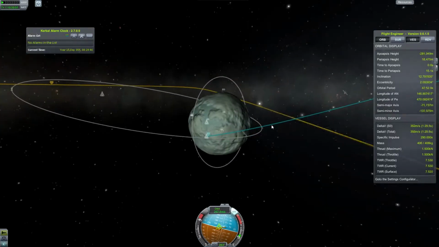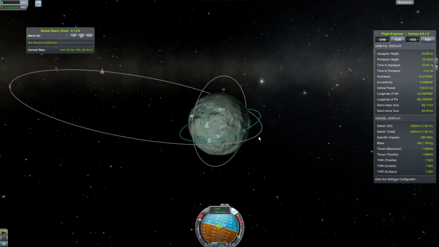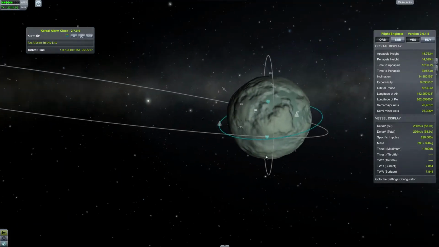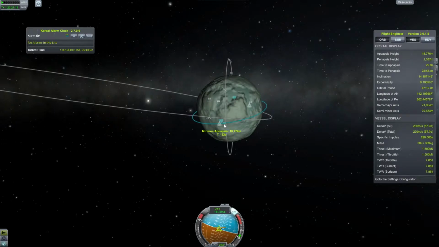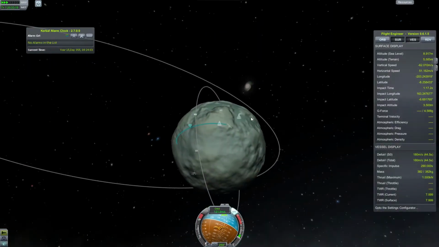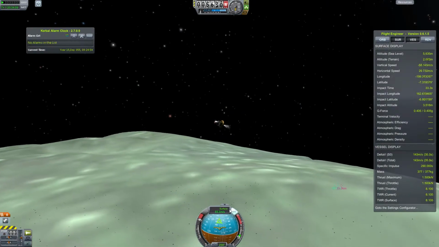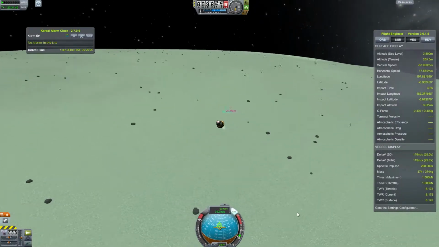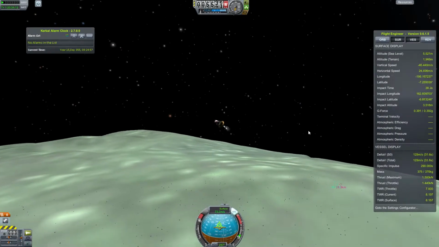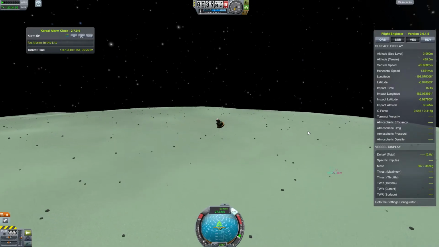Again, circularization and landing. Here is our orbit. And we're going to land approximately here. So we're going to lower our apoapsis and go for the orbit and burn. And here we are going for the final approach to the land. I admit it took me a couple of tries because most of the time I'm not able to slow down fast enough and I'm starting the deceleration burn too late. But after a couple of tries